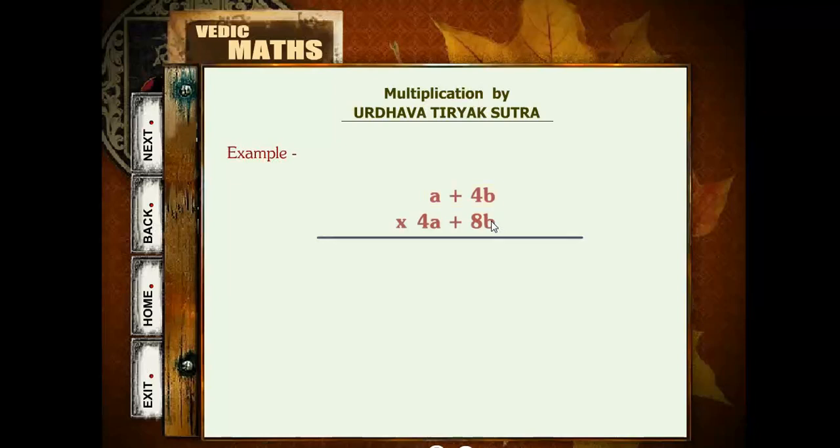Similarly, when a plus 4b is multiplied by 4a plus 8b, we get